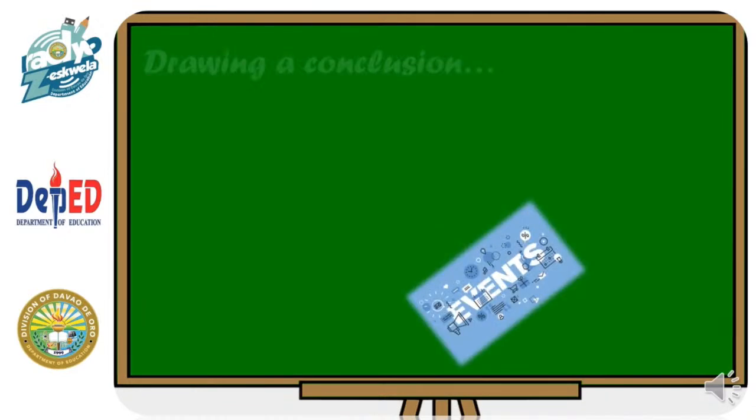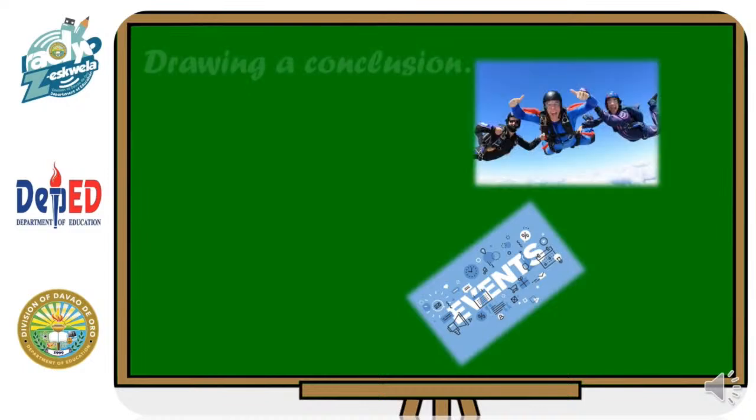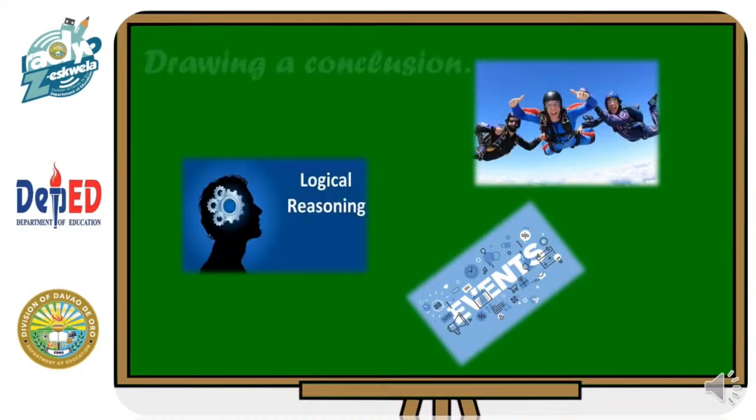Drawing a conclusion from events, experiences, and logical reasonings are also part of scientific methods among scientists and mathematicians in order to formulate general views and greater knowledge. For today's lesson, you will be taught how to make a sound and logical conclusion from specific